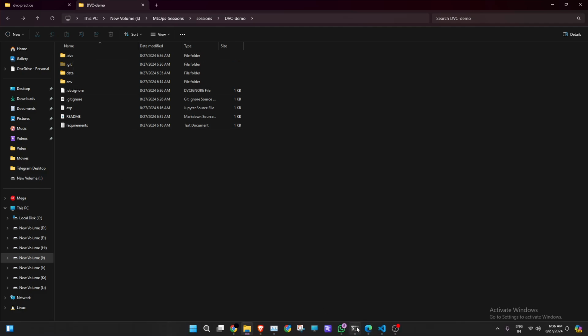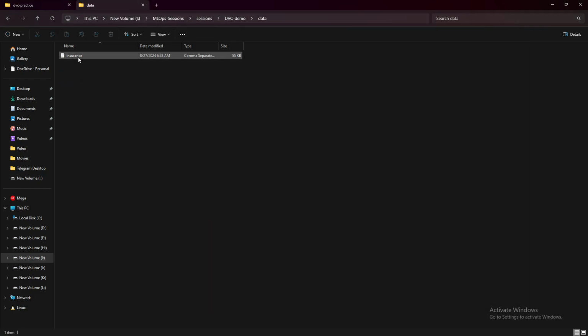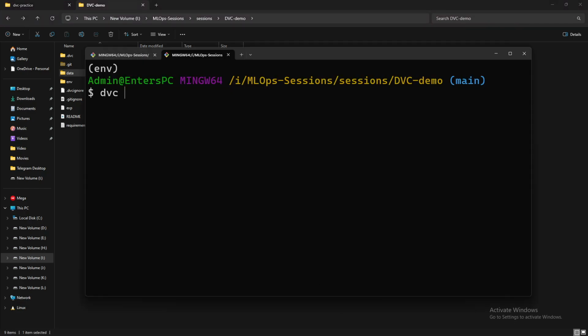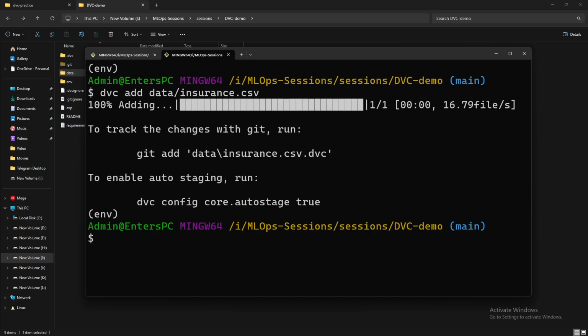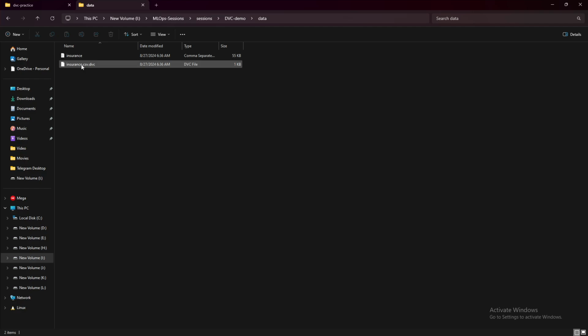Then I have to track my data, which is insurance.csv. For that I have to run dvc add, then the path where our data is available. Basically this is insurance.csv, and I want to track this. Just add it. It will add these things, and also create a few files like insurance